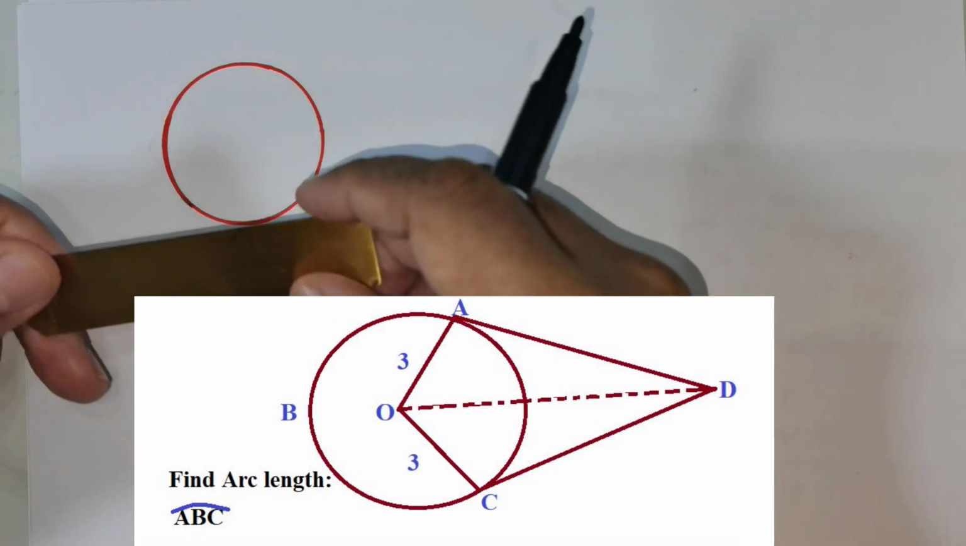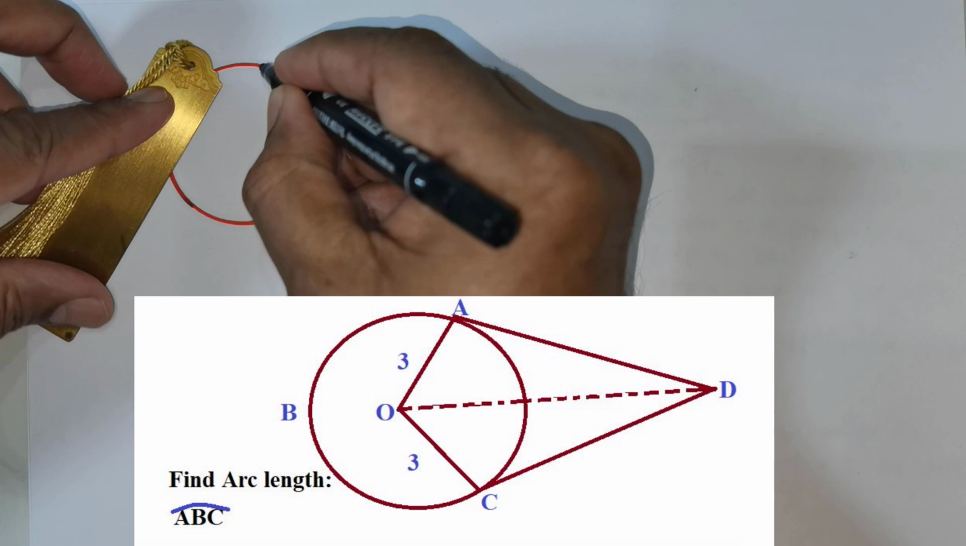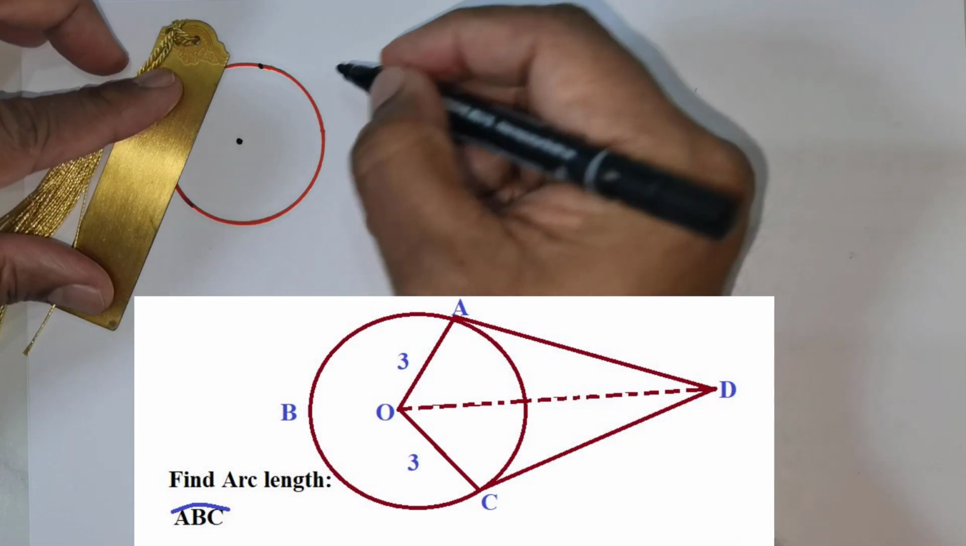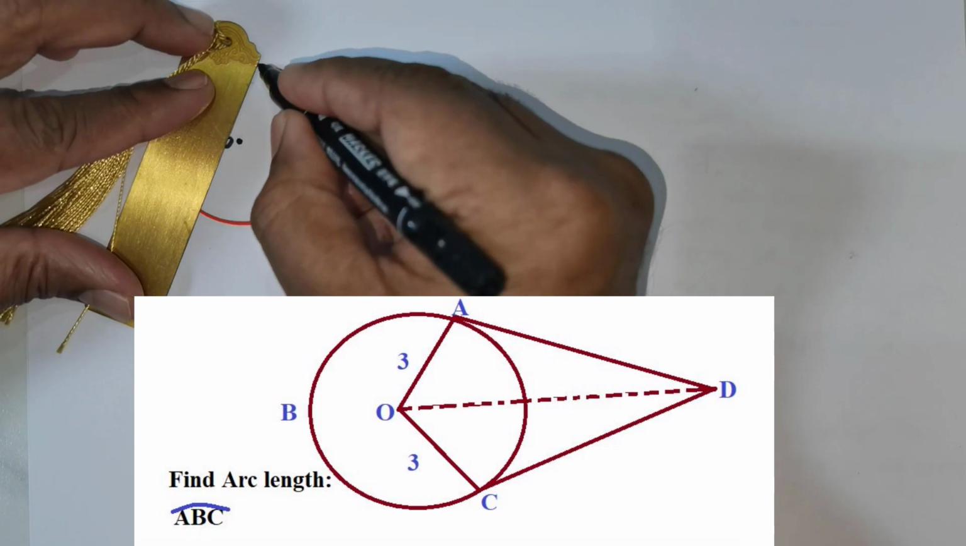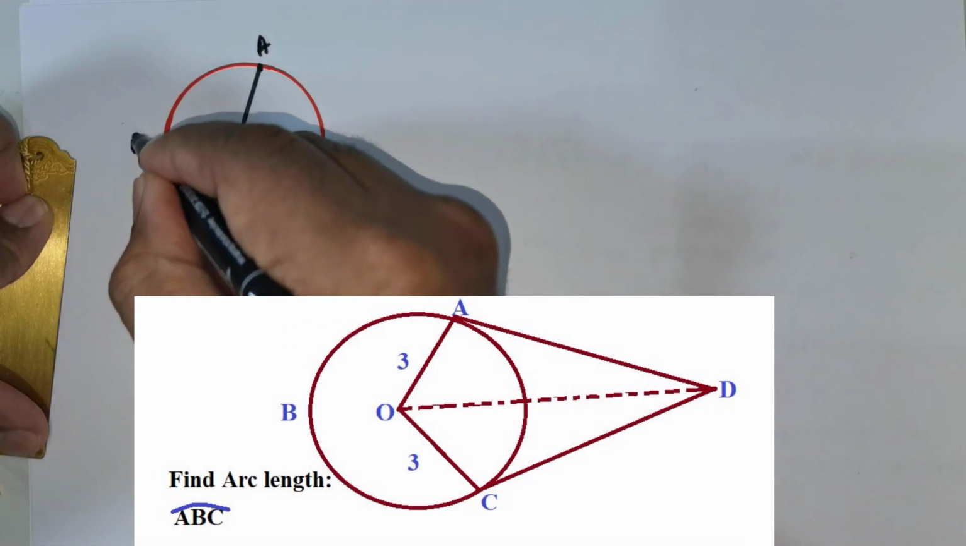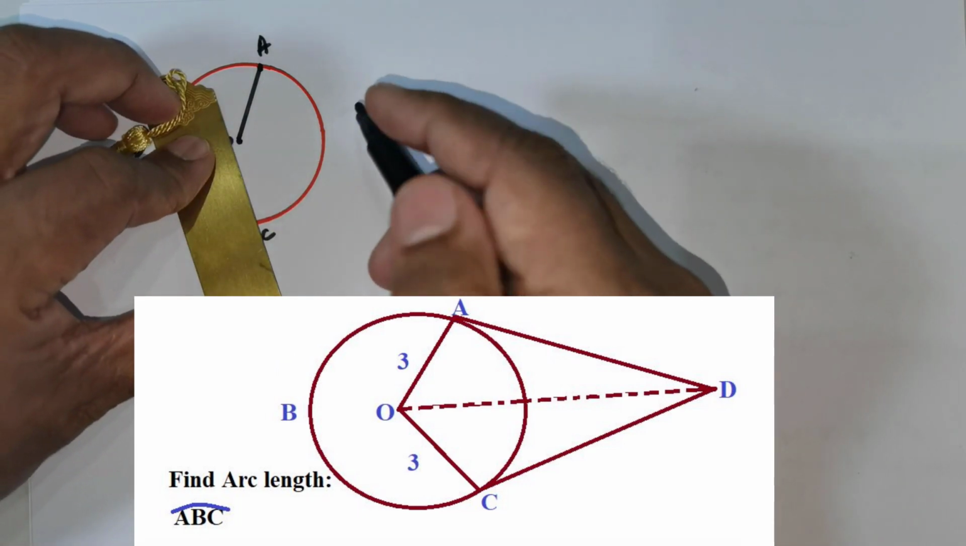Welcome students, we have been given this question. Now let me draw the relevant figure for this question. You have a circle with the center at O and three points on the circle. You have a point A, a point B and a point C, and